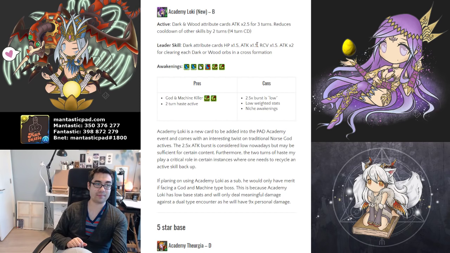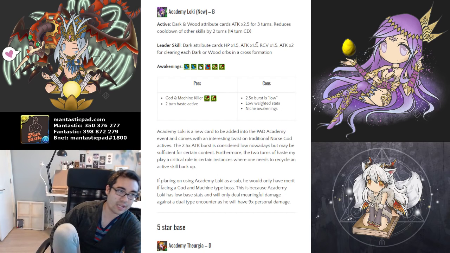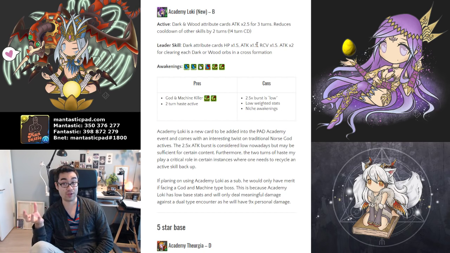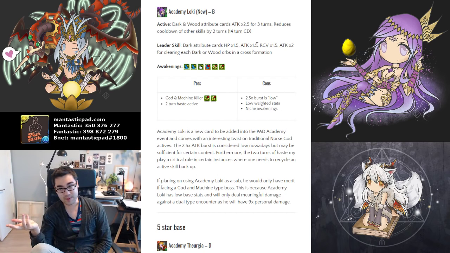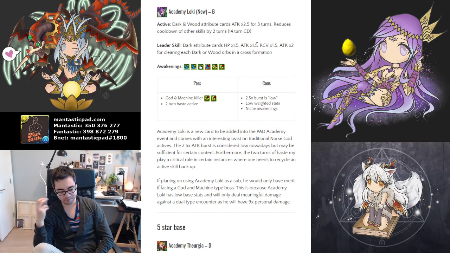And now we come to Academy Loki, who is another new card. Unfortunately, he's okay. He's actually not too bad overall. His base active skill is wood and dark cards gain 2.5 times damage for 3 turns, as well as 2 turns of haste on a 14-turn cooldown. So comparing to regular Norse gods, you're paying a couple more turns for your active skill in order to have 2 turns of haste. So generally speaking, that might be worthwhile, but the problem is, at 14-turn cooldown,